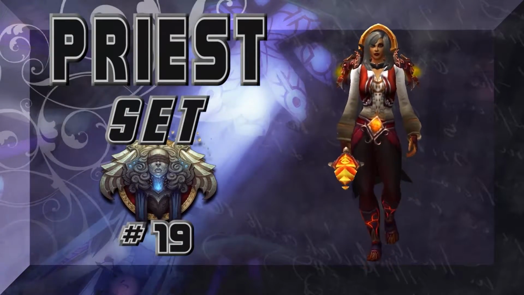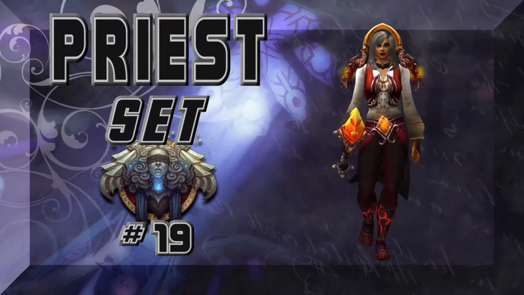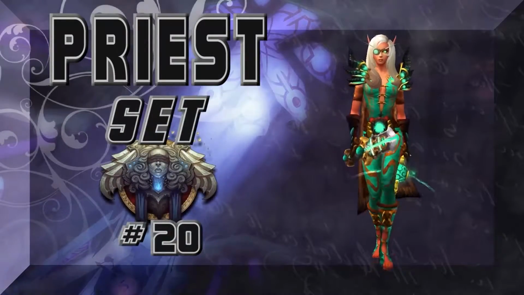You got a few mage pieces here that you could work with, and also a few warlock pieces, but overall that red priestess look from Game of Thrones, Melisandre, yeah, give it a blue check mark. Gotta love it. I promise there'll be more dark Shadow Priests, but